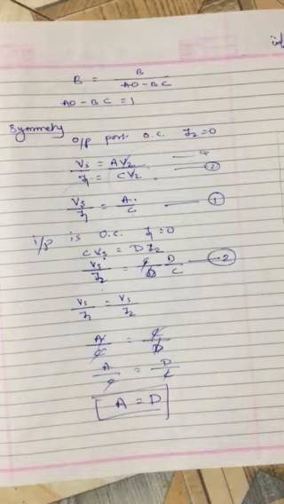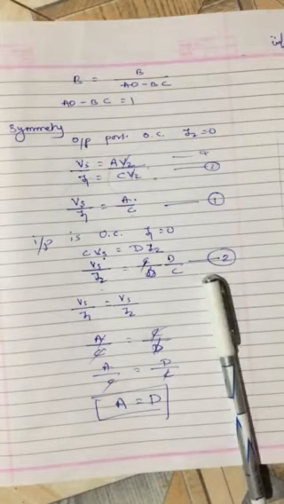So this is for the transmission parameters. In the next lecture we will study the inverse transmission, which you do on your own. Inverse hybrid parameters are actually not in the syllabus, so the hybrid you do on your own before our next lecture, because in the next lecture I am directly going to start numericals on Z parameters.